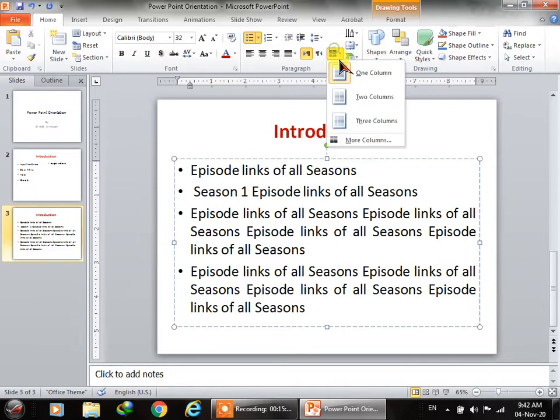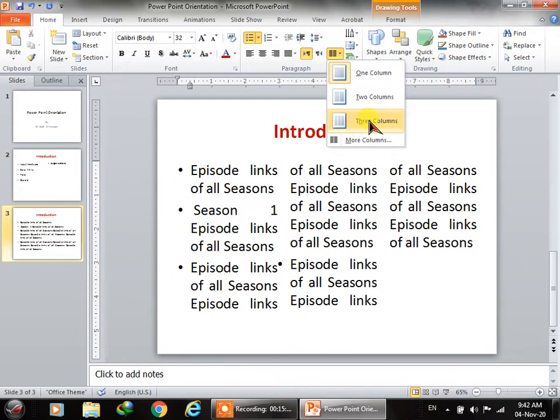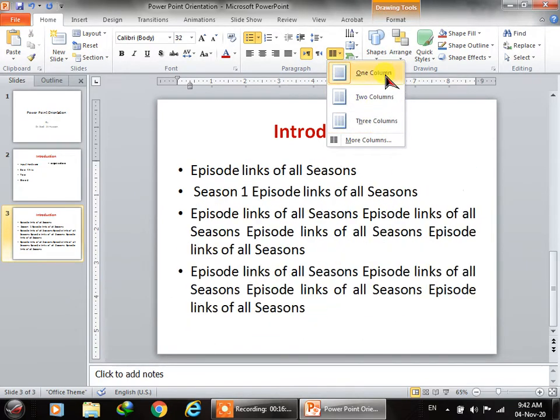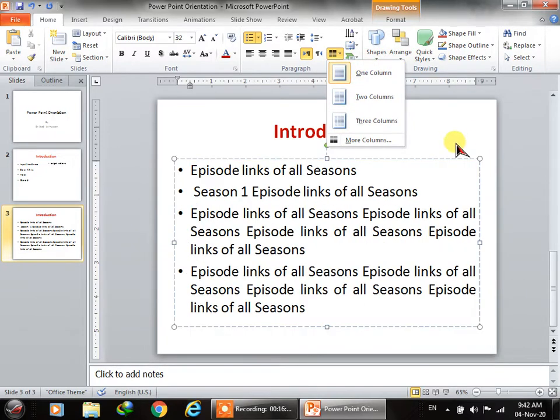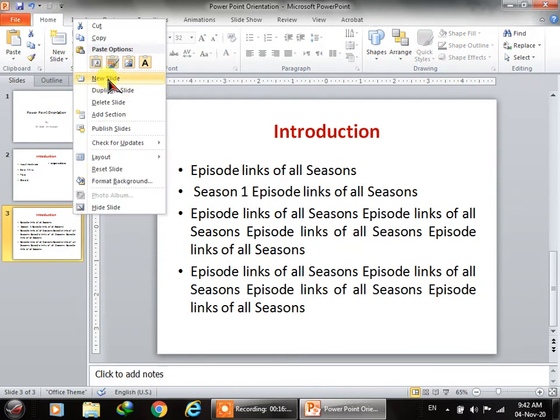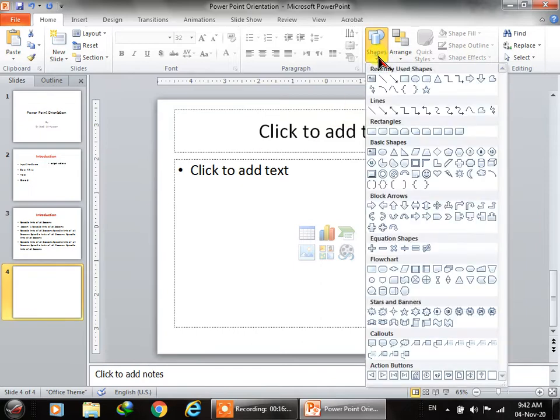Then this is to add columns, one column, two columns or three columns. For example, the same text is divided into three columns or a single column. You can add shapes. You want to draw something, you want to make a new shape.